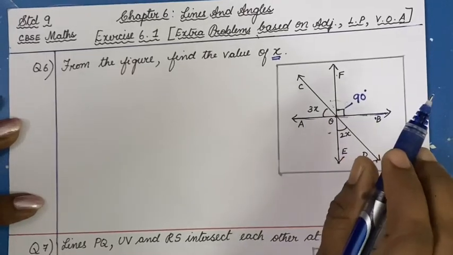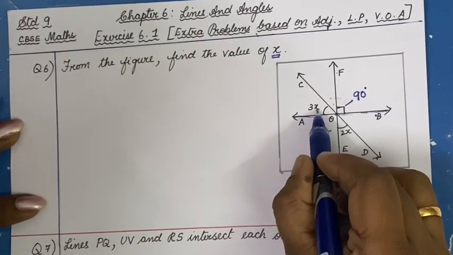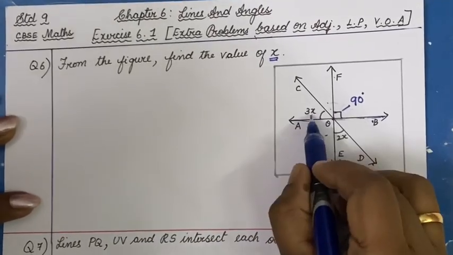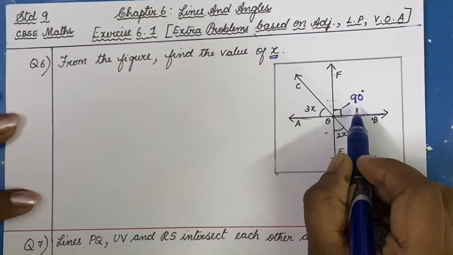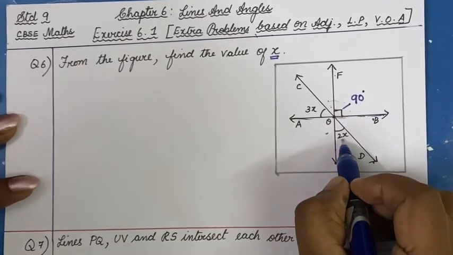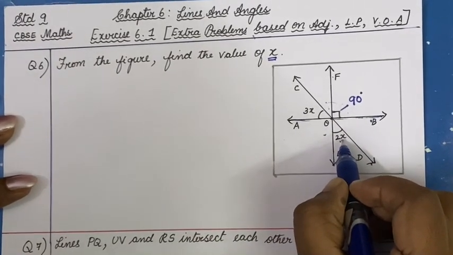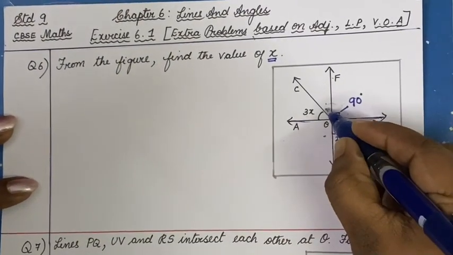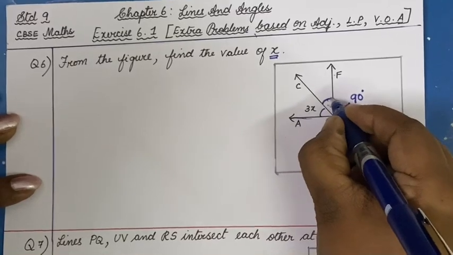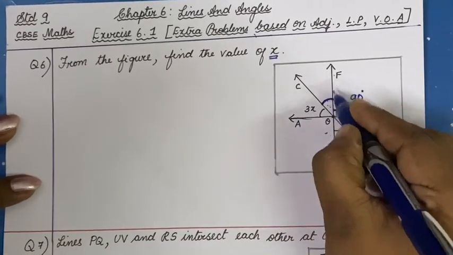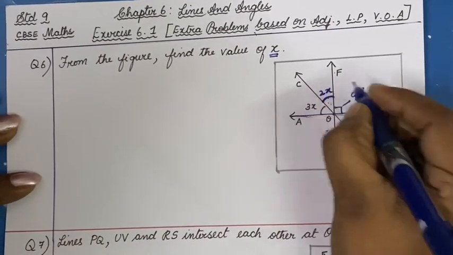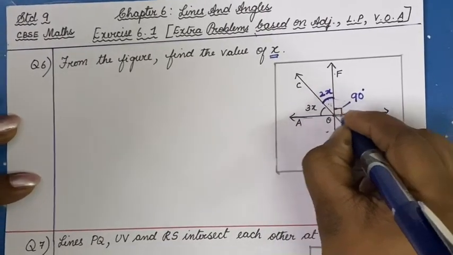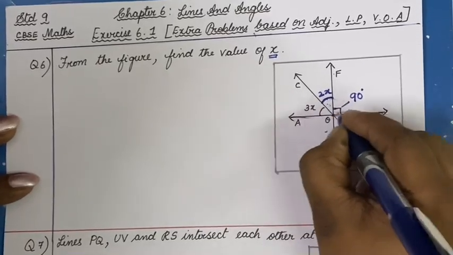Okay, so this angle now we know. But here it is 3x. So unknown, from this we can find the x. But how am I going to connect 3x and 90 degrees? How am I going to solve? I need something. Here I could see 2x somewhere on this side of the figure. Now I can apply my vertically opposite angle concept here, and I can say this angle COF as 2x. So once I apply the vertically opposite angle concept here, now I can see that there are 3 angles lying on the straight line.